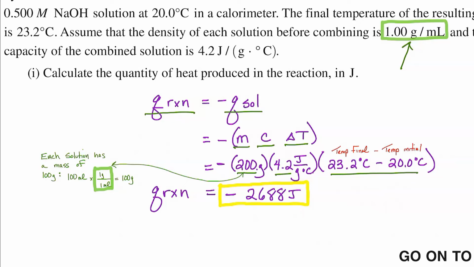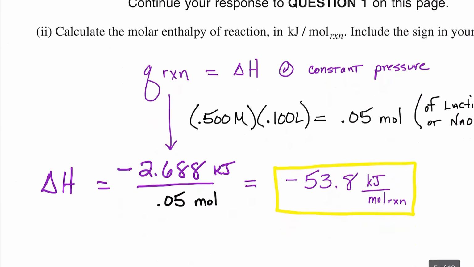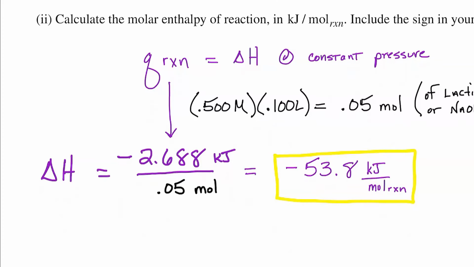Because the Q of the reaction is negative Q of the solution, I'm carrying this negative all the way through here. Even though I believe the College Board would accept a positive or a negative Q of the reaction, it's really good practice to keep that negative there. Remind yourself that that's the energy lost. It's really important because the next question, they want you to solve for the delta H, which is a state function, right? Path functions like Q depend upon how much of the item you have, whereas delta H is a state function,